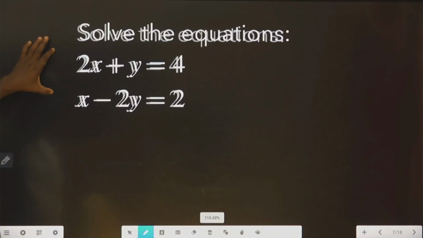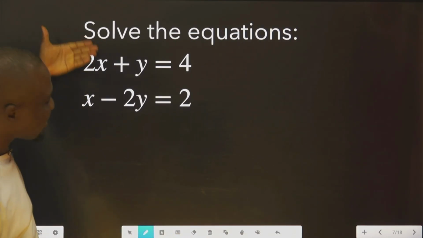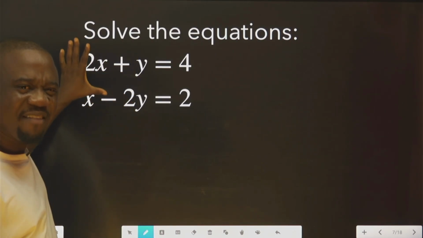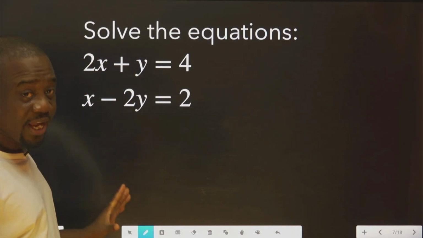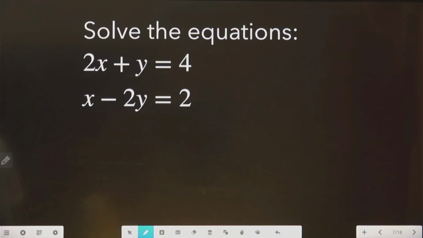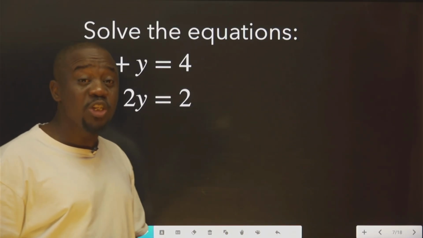So you can see in this place, this and this, they have different coefficients. This is 2, this is 1. This is 1, this is minus 2. They don't have the same coefficient. Okay? Or like the uniform coefficient. Okay? Now, if you want to solve this, the first thing you need to do is to make sure at